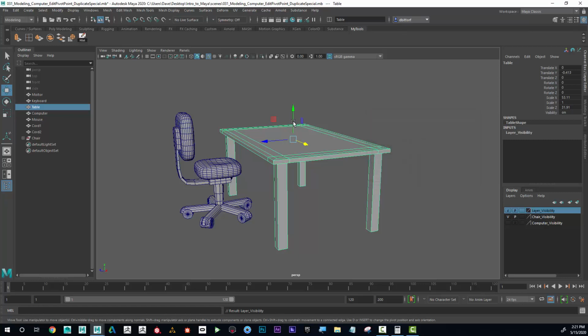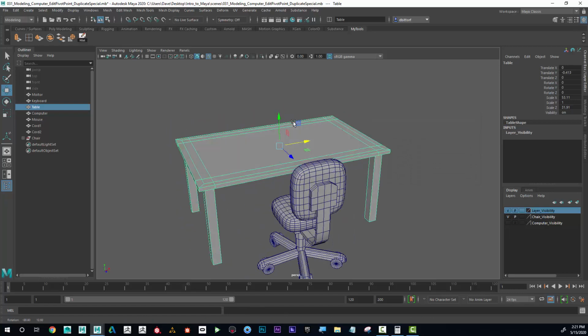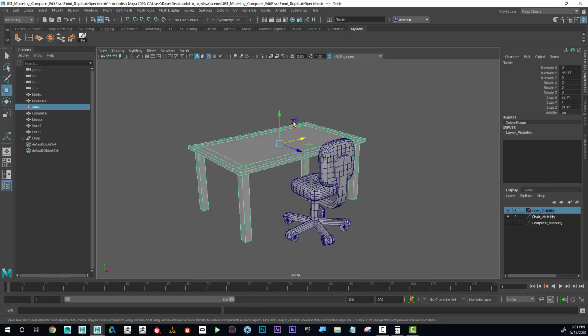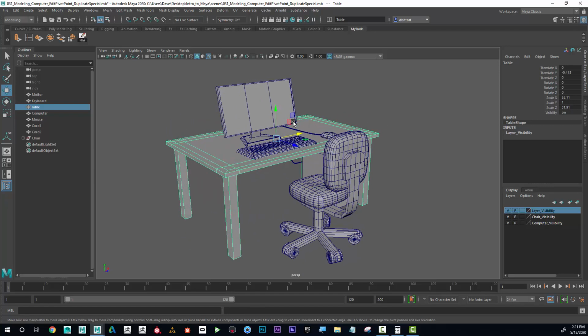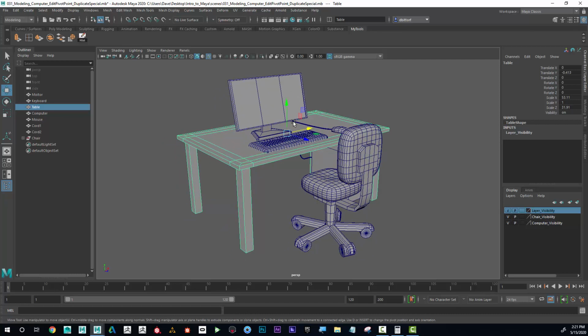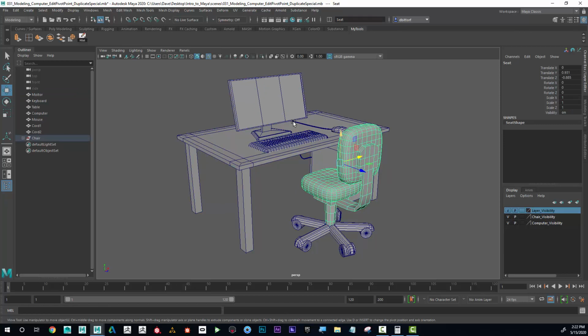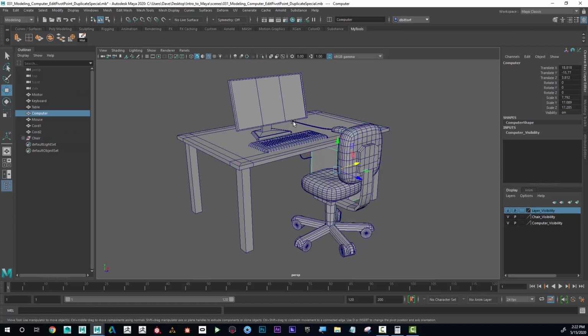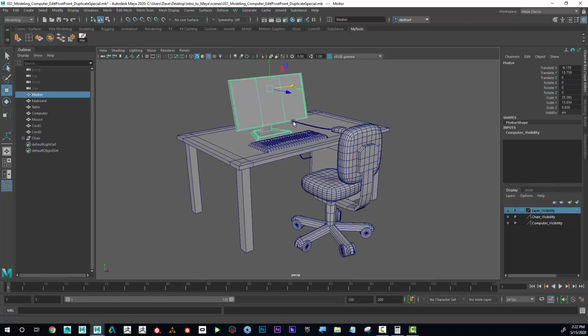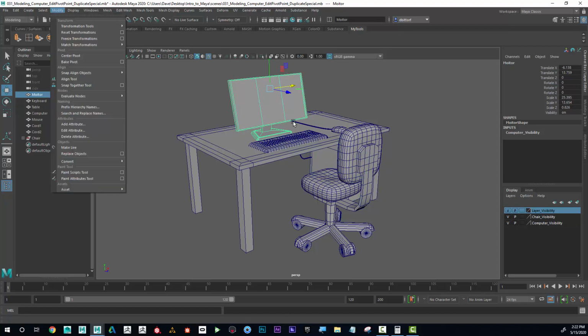Okay, great. And the last thing that I want to do to clean this up is I can see that when I click on these things, there's all these weird numbers, right? Basically, that is how far it's been moved from the center of the grid. So that's kind of weird. So if I go to Modify, Freeze Transformations, I'm going to hold down Control Shift to add that to the shelf. Now, if I click on that,